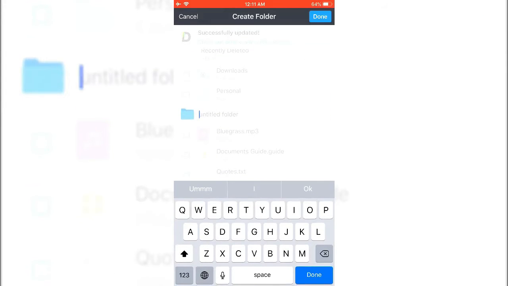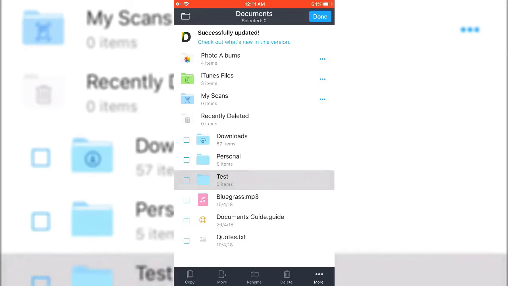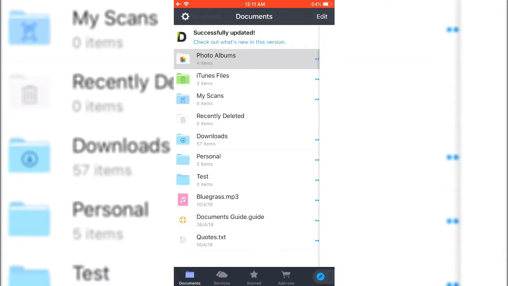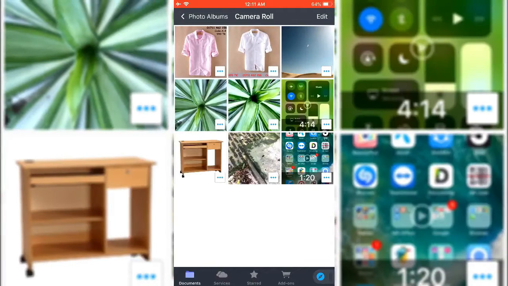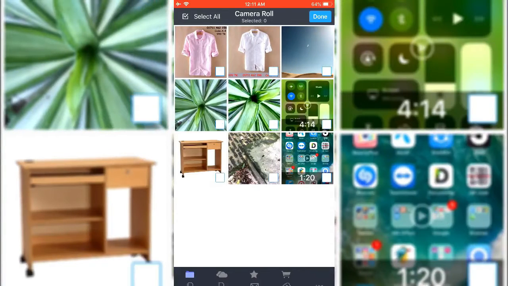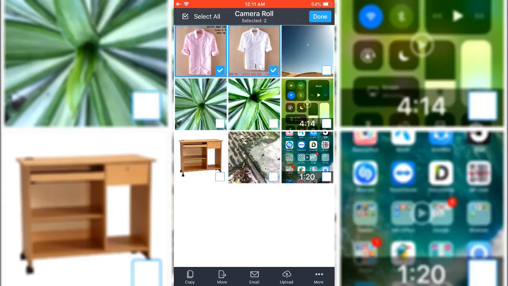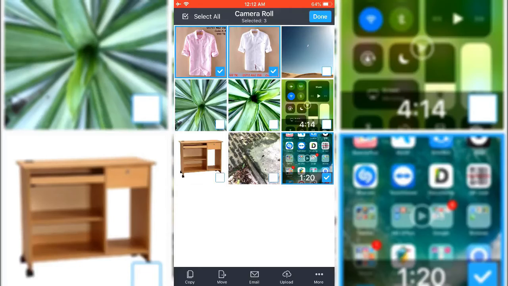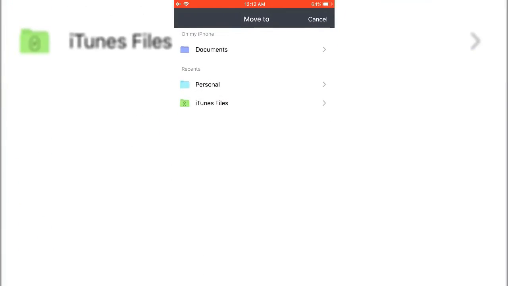I'd like to name it test. So done. Now go to photos, which photo you want to lock or hide. So edit, I like this too, and this one. So here under this section you can find some option copy, move, email, upload, and some more. If you want to permanently hide or lock, then click move,